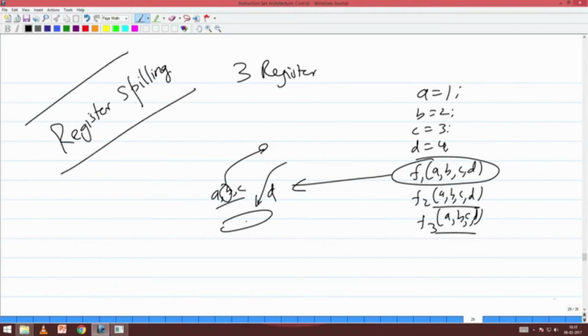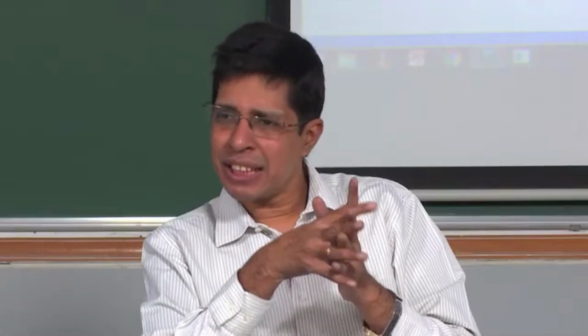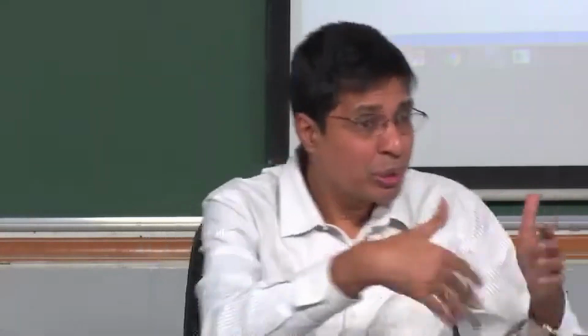Okay. Register spilling is the name for this phenomenon, where I have limited GPRs, general purpose registers. I have more variables that I would love to store in general purpose registers because I am going to use them in the near future, but I do not have enough registers. So at regular intervals I have to save some of these registers into memory, which means the corresponding variables are stored back into memory and I fetch the new variable from memory to do these